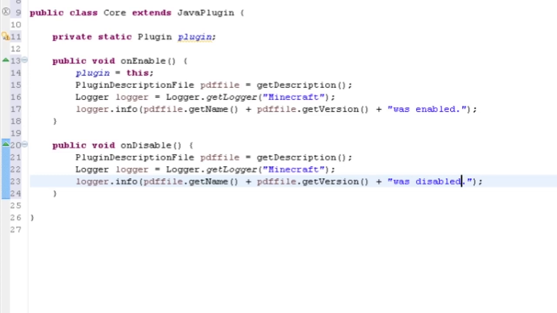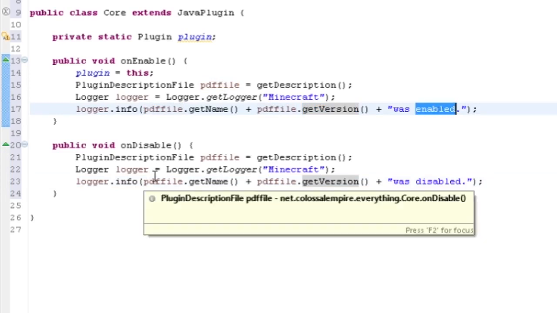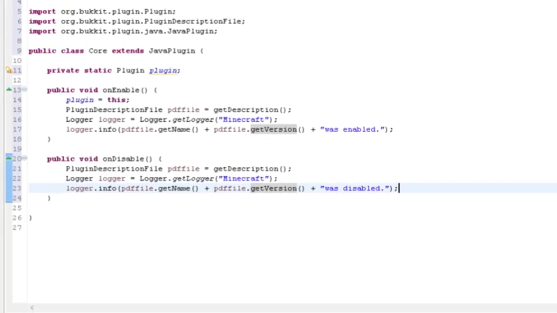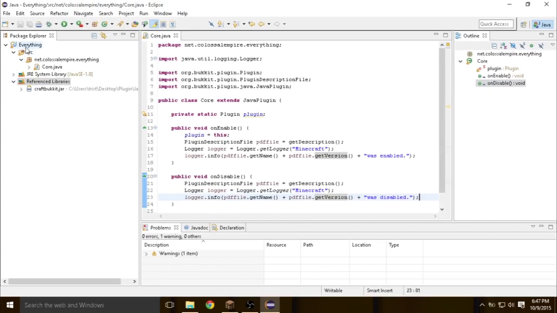So whenever the plugin starts up, it'll say in the console the plugin name, the version, and then was enabled. And on disable, whenever the plugin is disabled, so when a server is stopping, it's going to get the plugin name, the plugin version, and was disabled. So that is that. Now we can go ahead and save that, and now what we're going to do here is create our